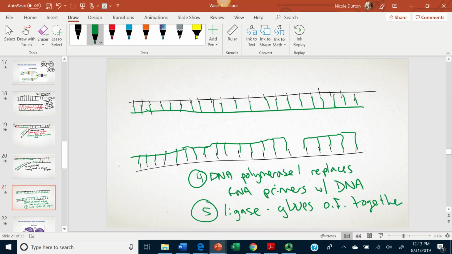So here you'll have this connection made and this connection made, and now they look identical. Now you've got two identical copies of DNA, and each one can go to each cell now. So that's the basis of DNA replication. You may go into more detail once you get to advanced A&P. Certainly in microbiology, we review this process,